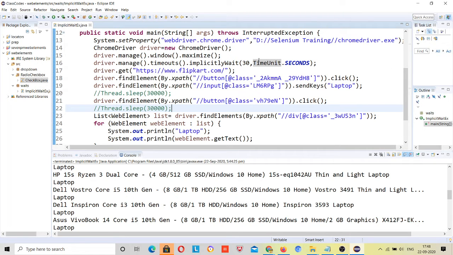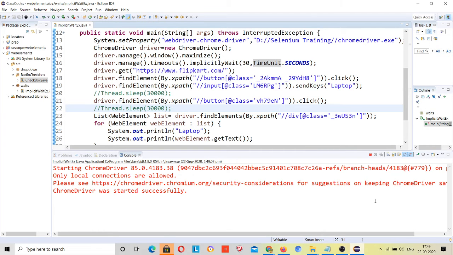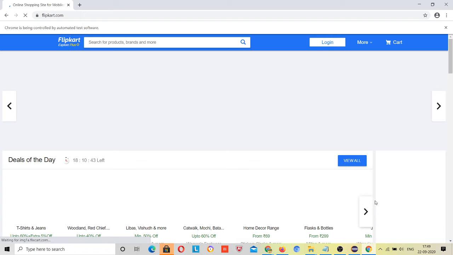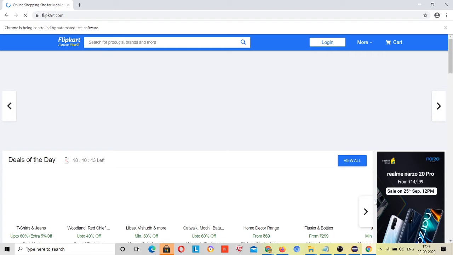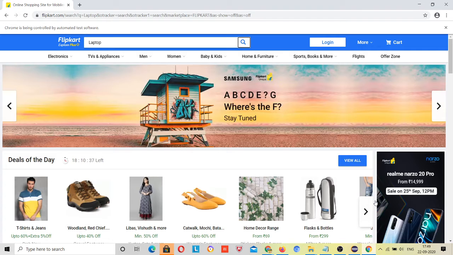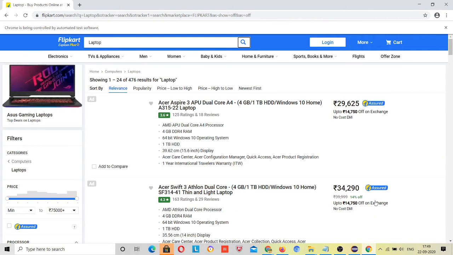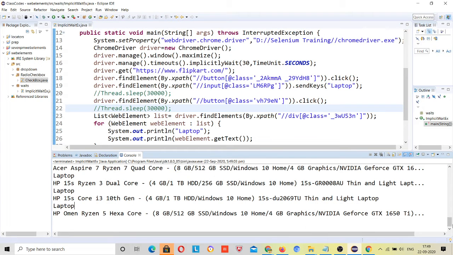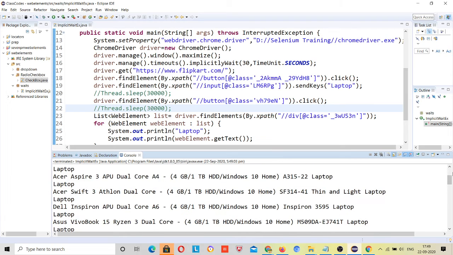So let me run it again. See, just because it was loaded, your implicit wait has not waited for the whole 30 seconds, right?